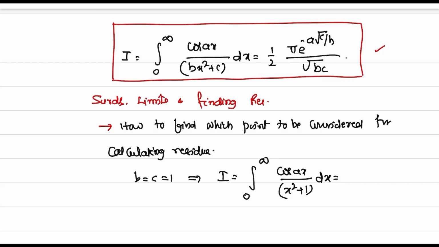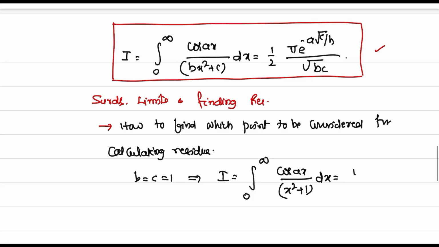It's a standard integral, and this value is very important. I converted this to bx square plus c and found it out, and if you put b is equal to c is equal to 1, then this reduces to the standard integral